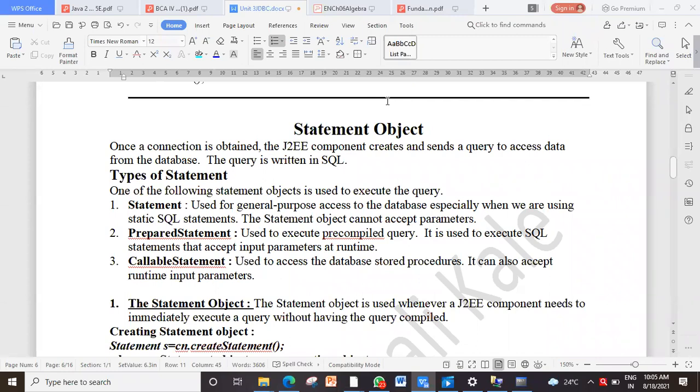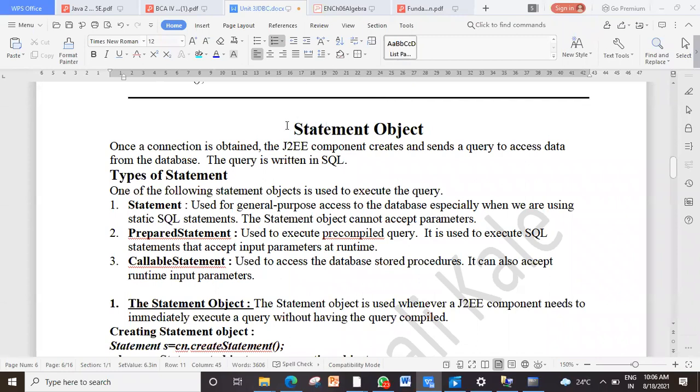Once the connection object is ready, we create a statement object. Once the statement object is ready, we execute the statement using the statement object, and the output of it is stored in a result set. From the result set, we use a loop to display the values from each of the tuples. From the tuple, we fetch the individual elements using getString or getInt or whichever is the data type. Clear with that? And after that, the last step is to close the connection.